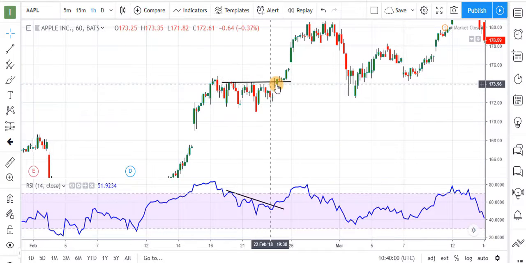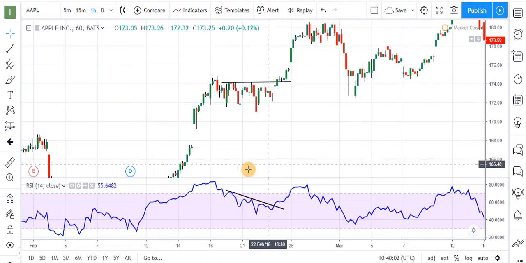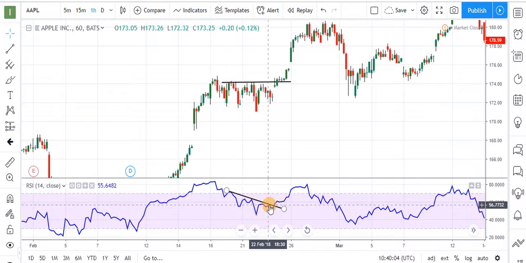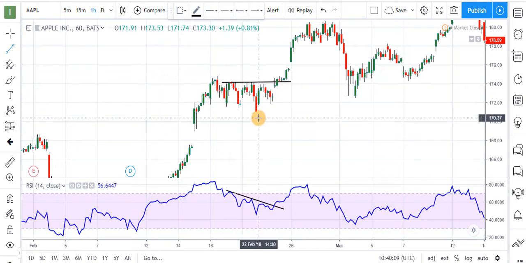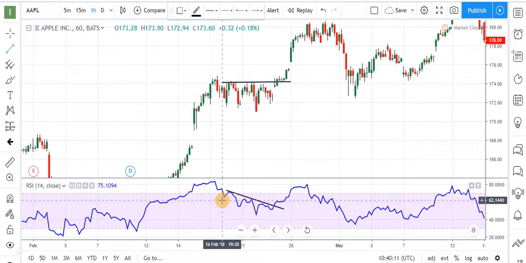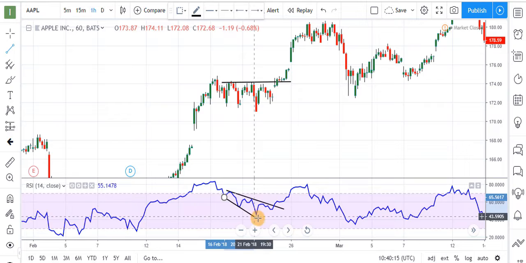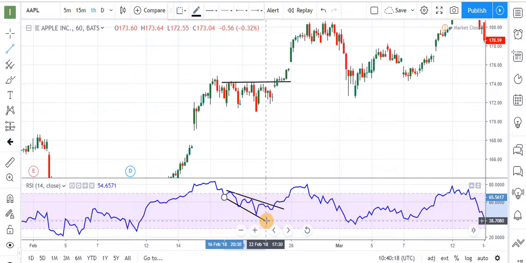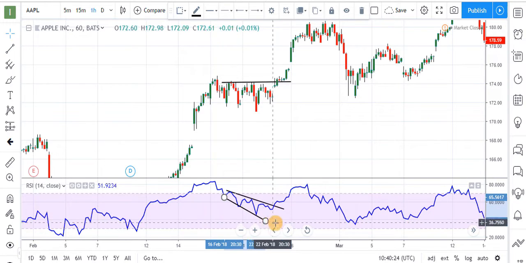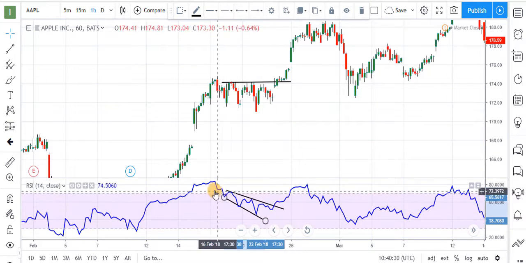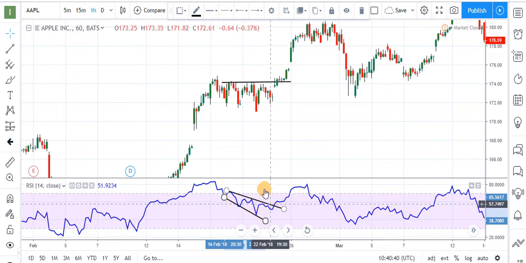In this chart, prices are trading at the same level, but RSI is giving us a negative divergence. With our divergence strategy, we should always draw a support line on the RSI troughs when we get a negative divergence. See, in this case, we are not getting any breakout on the RSI support line. Instead, we are getting a breakout on the resistance line of these peaks.